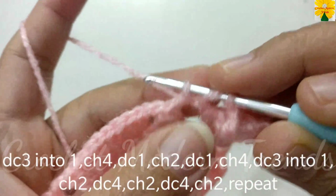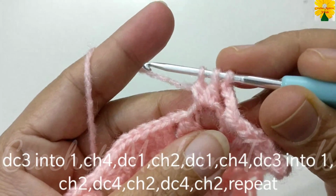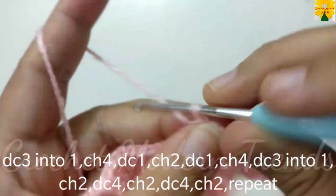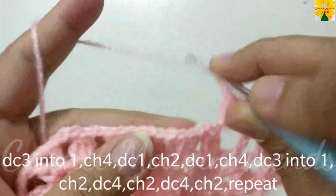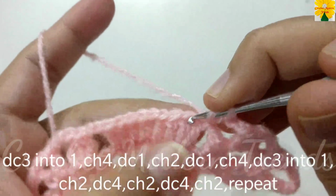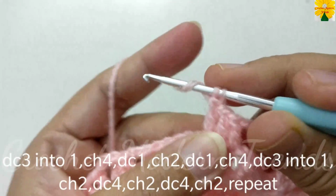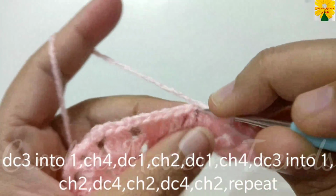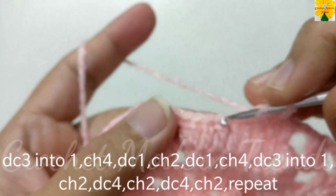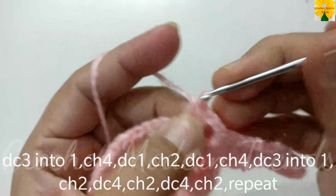Into the same chain space of 3, double crochet 1, do not close it, double crochet 2, do not close it, double crochet 3. Now pull through all the loops, chain 2 for chain space. On the top of the first stitch of the next cluster, double crochet 1, double crochet 2 on the top of the next stitch, double crochet 3 on the top of the next stitch, double crochet 4, chain 2 for chain space. On the top of the next 4 stitches, 4 double crochet,